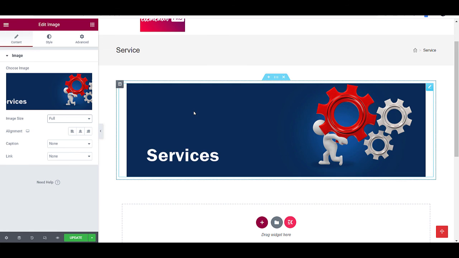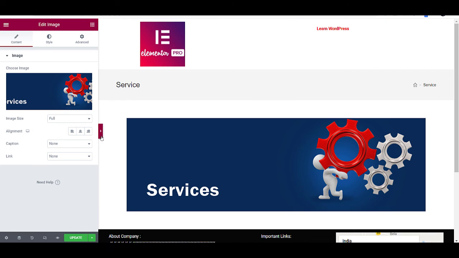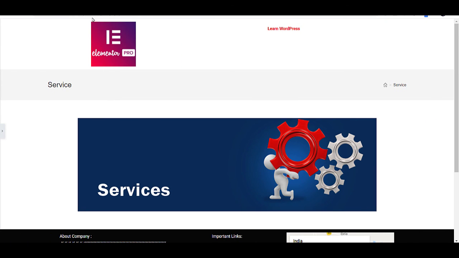I would recommend that first of all you create the banner, or get it created by someone. As per the requirement, the designer can tell you the minimum size, or you can Google for the size, because it totally depends on whether you want a boxed website or a full width website. So let me show you. Look at this template. This is boxed. You can see here we have a margin on this side and this side, and all this work we are doing in just this part. So it's called a boxed kind of website.